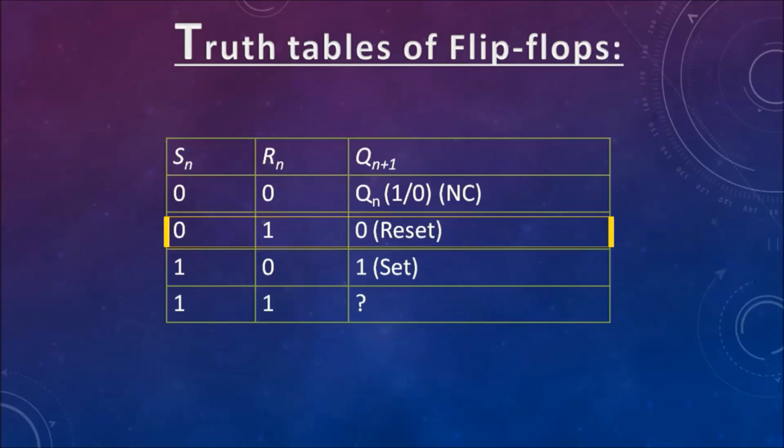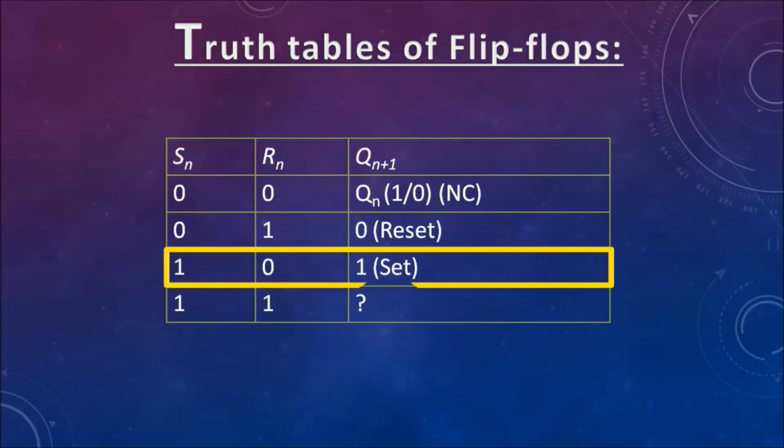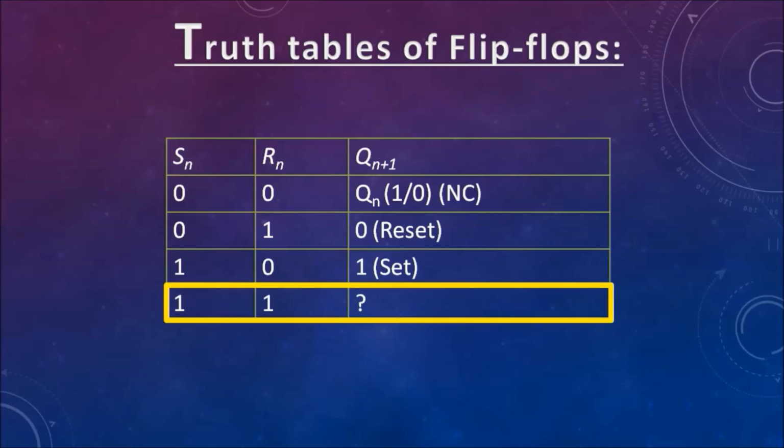For S equals 1, R equals 0, Qn plus 1 equals 1, which is called the set state. And this is the most important: for S equals 1 and R equals 1, Qn plus 1 will be an uncertainty condition. There we cannot say whether it is 1 or 0. This uncertainty condition will be removed when we convert this SR flip-flop to the